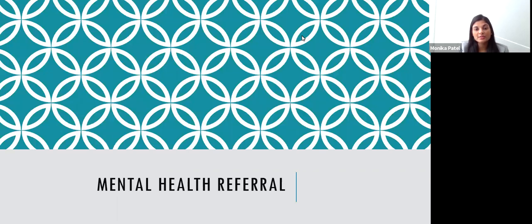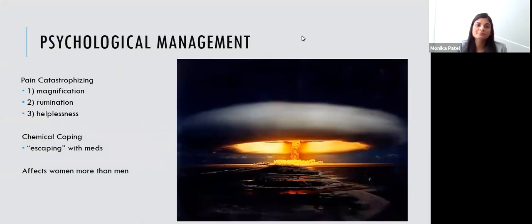Now, for some of the patients, they may have comorbid mental health issues along with their chronic pain. And in those cases, a mental health referral is indicated. The psychological management is very important for pain catastrophizing. And pain catastrophizing is when a patient magnifies the pain, constantly thinks about the pain, rumination, and feels very helpless in controlling the pain. And when that cycle begins, it's sort of a